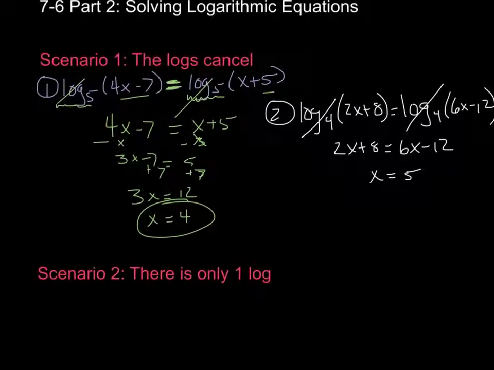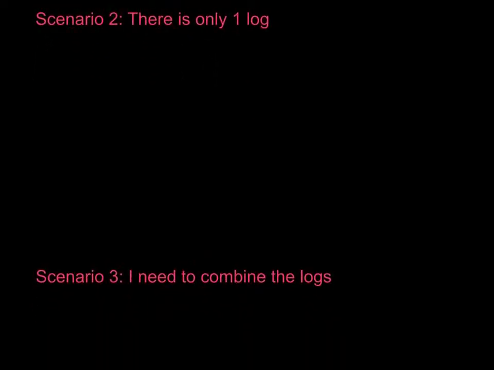All right, scenario 2 deals with the idea of there being only one log in the problem to begin with. An example of that would be, we'll call this one number 3, if I had the log base 4 of 5x minus 1 equals 3. Now there's only one log here, so I certainly cannot cancel the log, but this again looks challenging. It's really not, because even though I'm not exactly sure what to do with this, there is another form I can write it. And what I'm going to do is I'm going to put it in